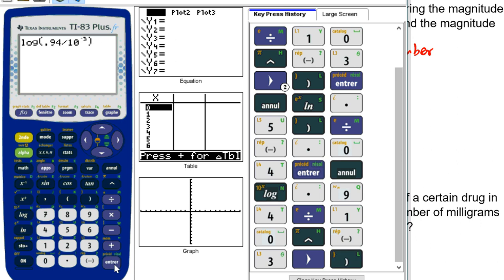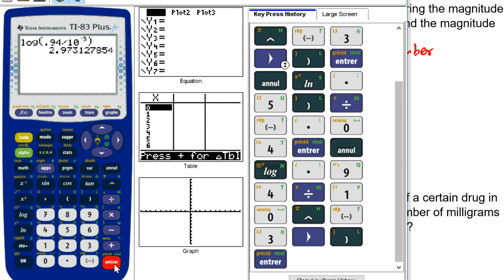You hit enter and you have the answer, which is approximately